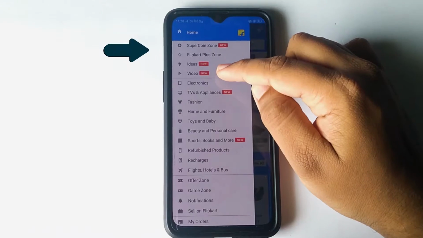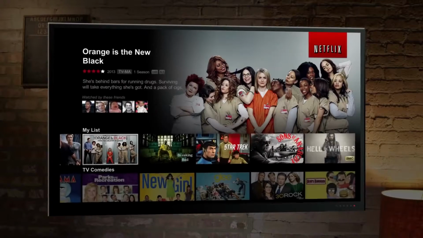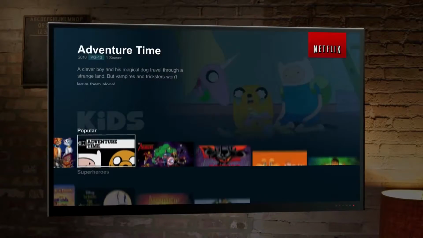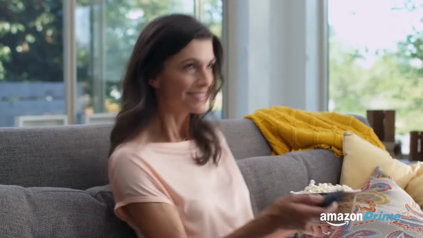Instead of launching a dedicated app, the company has integrated the service into its existing application. Separately, Flipkart has launched an Ideas section that is aimed to offer curated content feeds to help customers pick suitable products online. With the latest development, Flipkart takes on Amazon India, which has been offering its Prime Video service in the